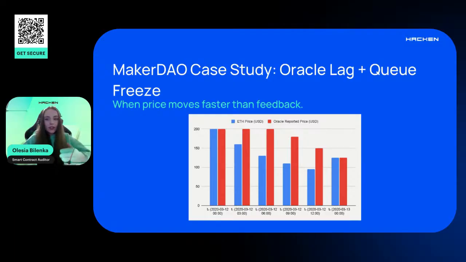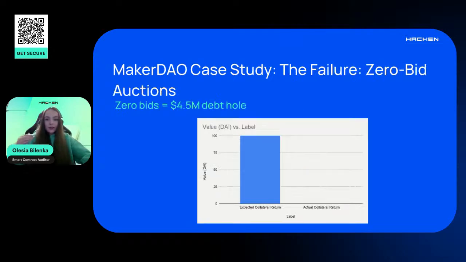So liquidations were already overdue, automated systems froze, and risks were only cascading. Gas costs were spiking, and bots were failing. Liquidation auctions received 0 bids, however, they had to receive a lot, and MakerDAO was left with a